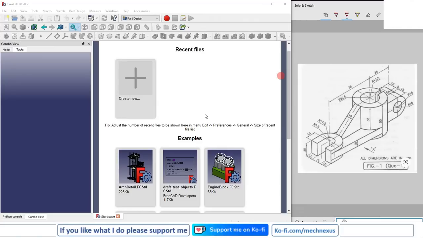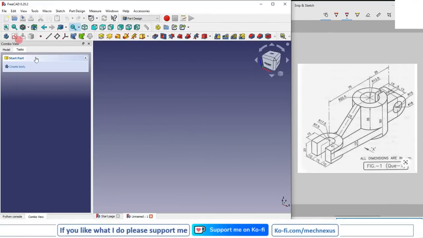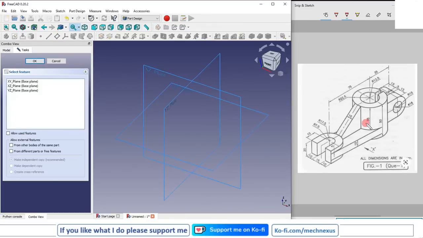Hello friends, welcome to FreeCAD tutorial, and in this tutorial we will convert this isometric drawing into the 3D model with the help of a part design workbench. So first I will create a new file, and I create a body, then I will create a sketch, and